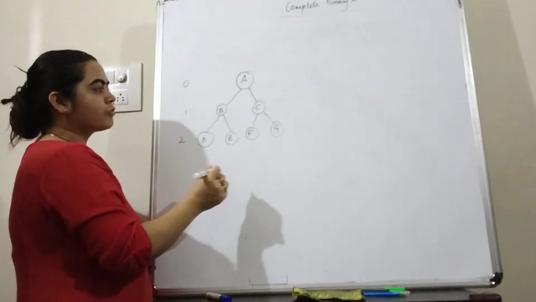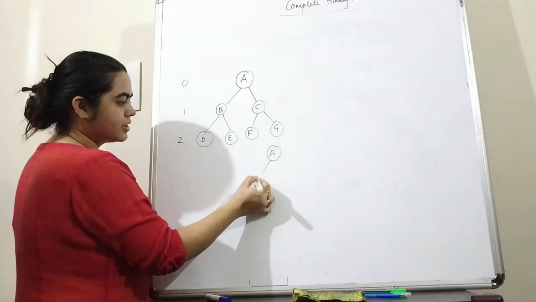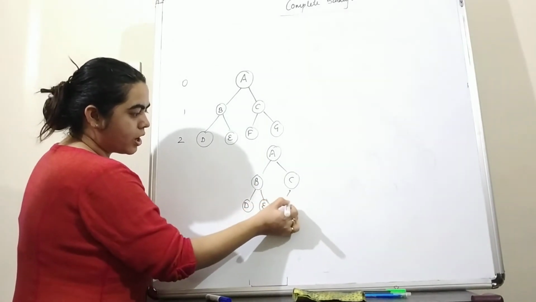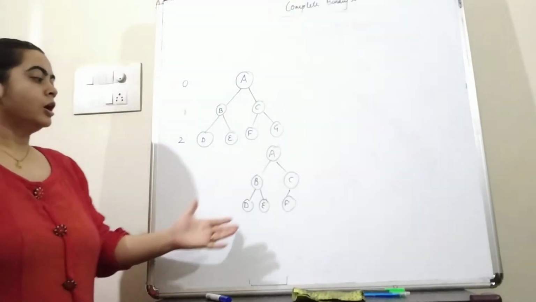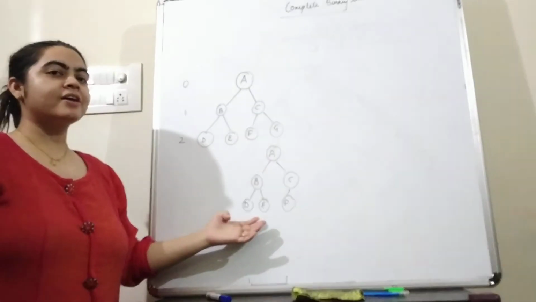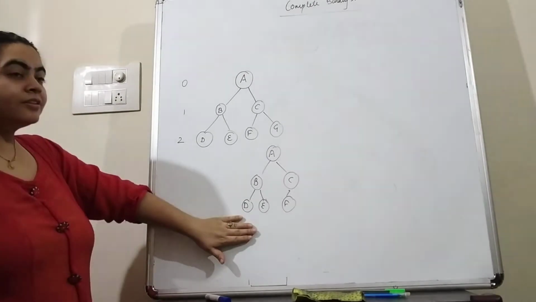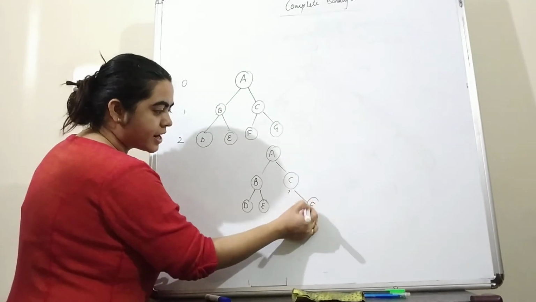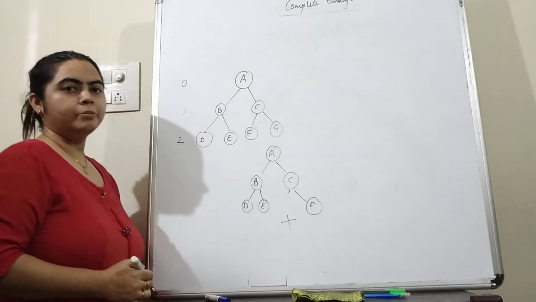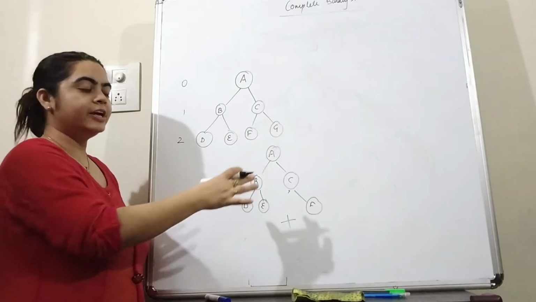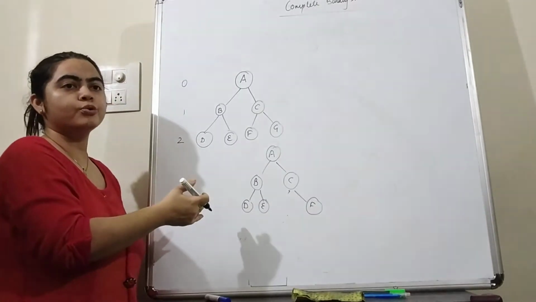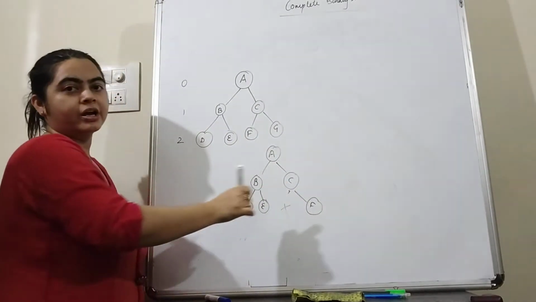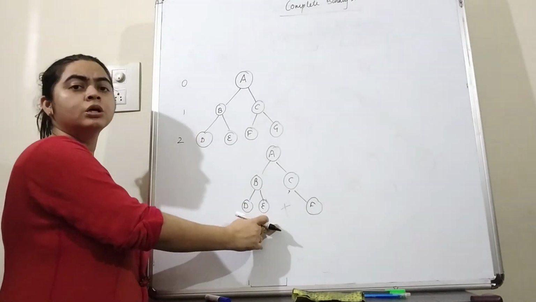And the second example of a complete binary tree is if we draw this tree A, B, C, D, E and F. So again this is a complete binary tree, because all the nodes at the last level start being added in this tree from the left hand side. So if we add this F on the right hand side of the C, then this is not a complete binary tree, because in a complete binary tree every node at the last level we have to add starting from the left hand side. So we cannot make this location vacant. So that means this is not a complete binary tree.